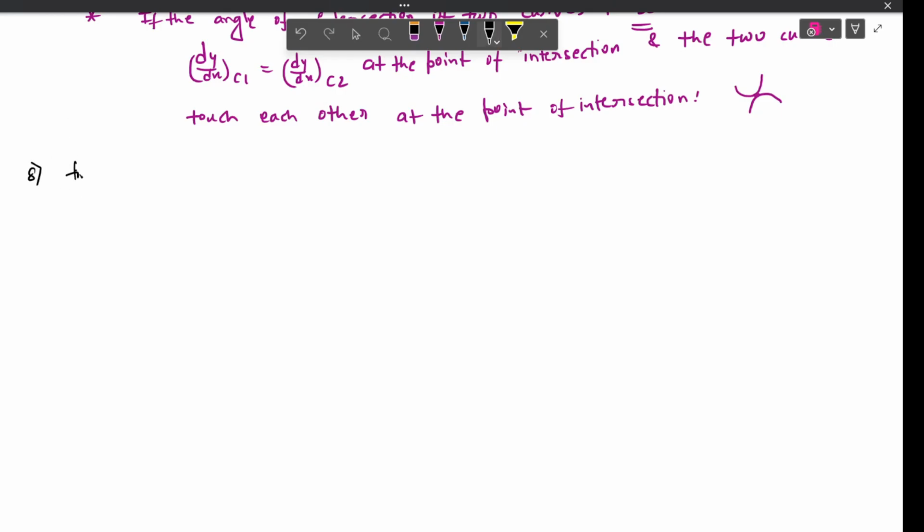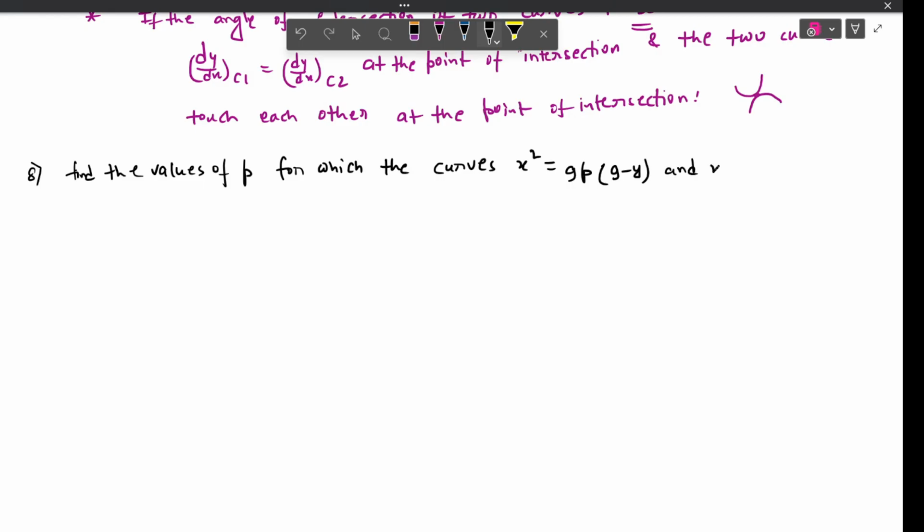The question is, find the values of p for which the curves x square equals 9p into 9 minus y and x square equals p into y plus 1 cut each other at right angles. Okay,